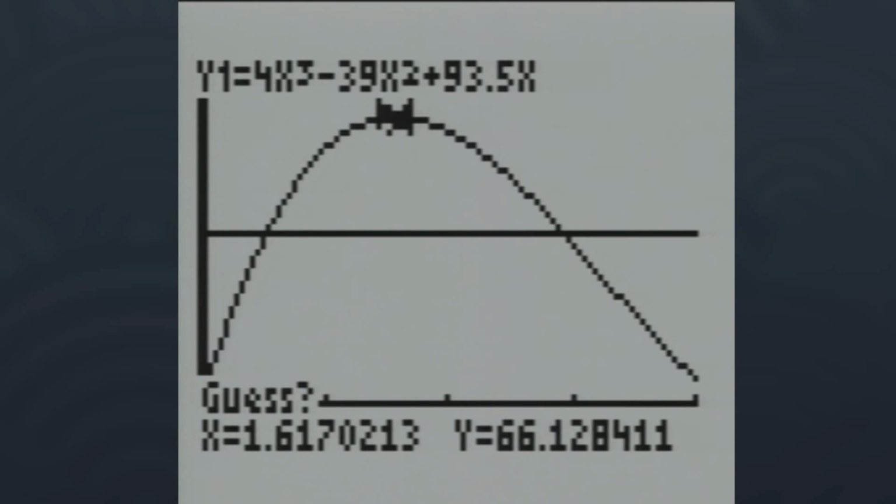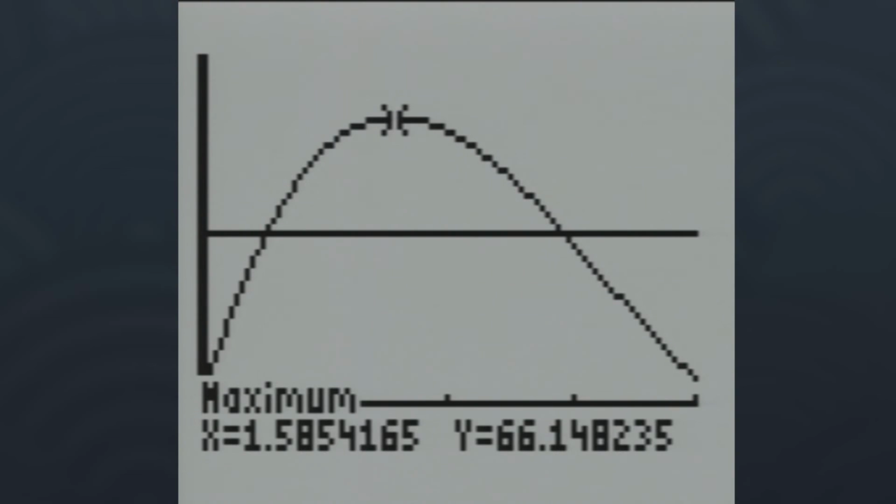Hit enter again, and you'll notice if you look really closely at your calculator there are 2 little triangles marking the interval in which that maximum point is going to be located. Hit enter once more, and you find out what the actual maximum volume is. So it's about